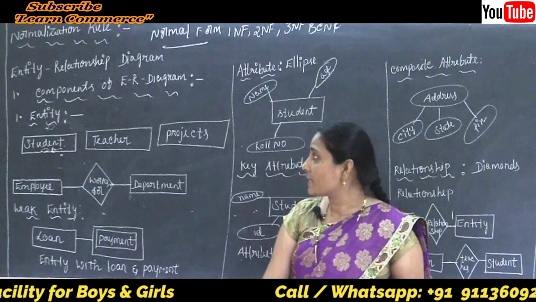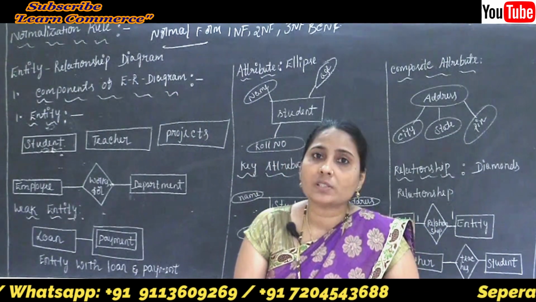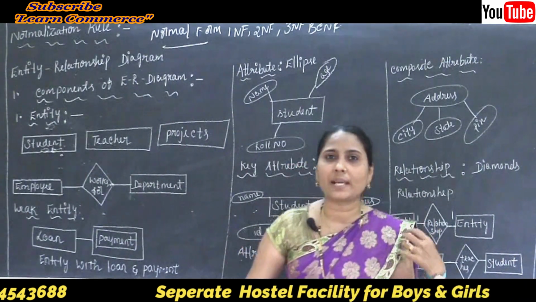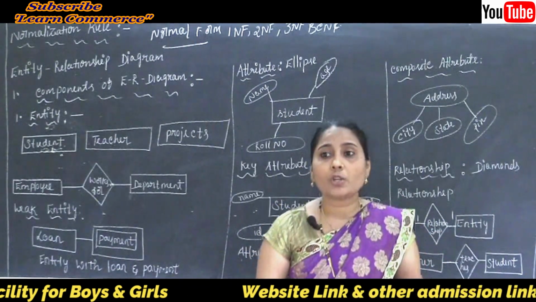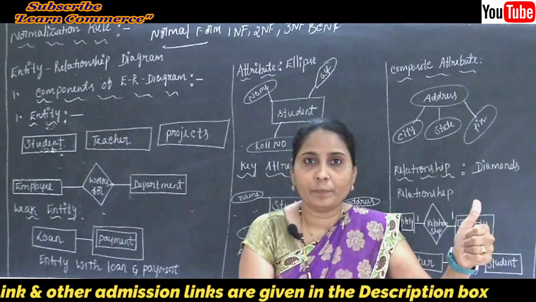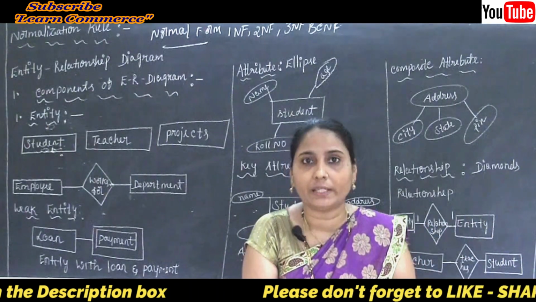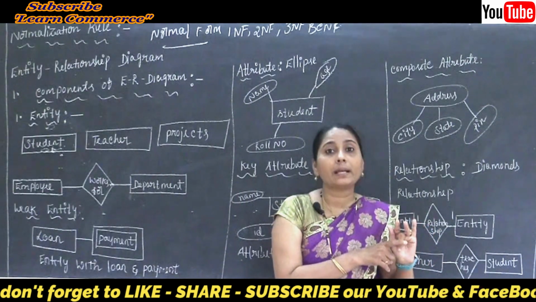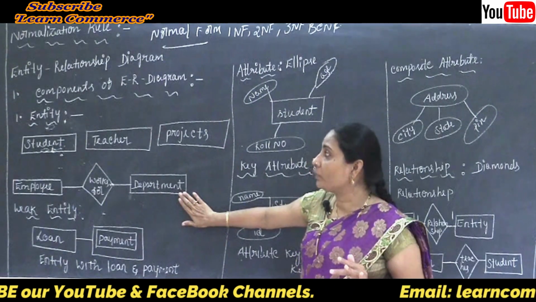So we can say that an entity here is an object, correct? It is the object, it is the thing. In simple meaning, for the object we can say it is a thing we can see, and such a thing is called the object here. So an entity is an object or can be a name. That means we can give any name for the table, maybe a person name, maybe a place name, or maybe a class name. So in this example, I used some entities, some tables here.